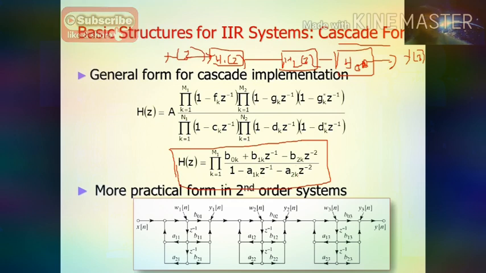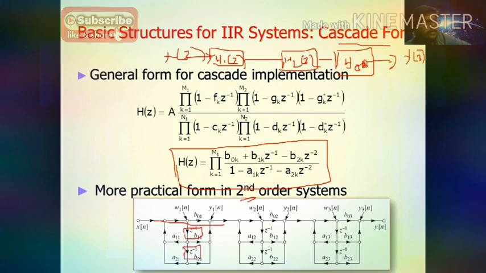Now look at this more practical second order system. Second order means a canonical system. Canonical means the number of delay elements is equal to the order of the system. Here the highest order is 2, so it consists of 2 delay elements. Look at the first portion: I draw one single straight line here and add delay elements, z inverse and z inverse. This is x of n and this one is y of n. Now you add delay elements in this branch as well: the first delay element and the second delay element.